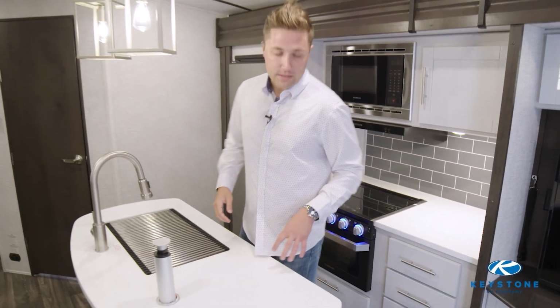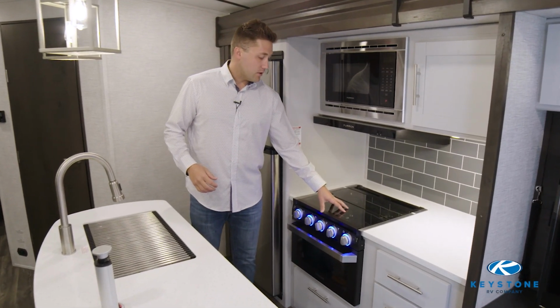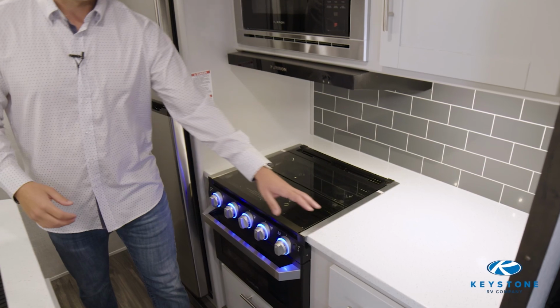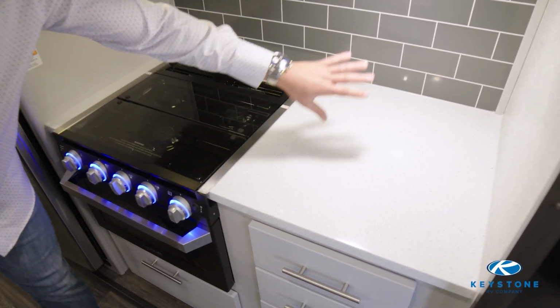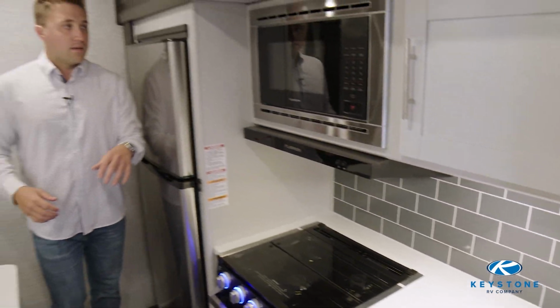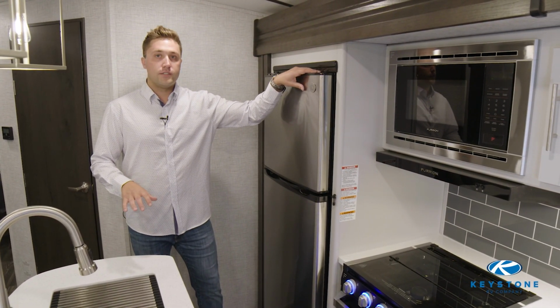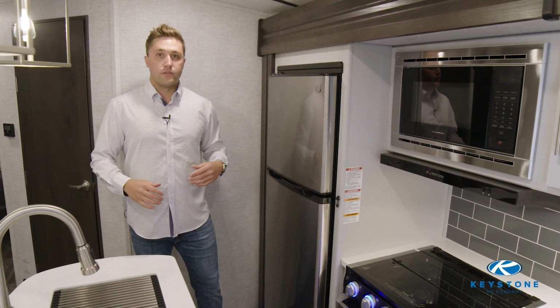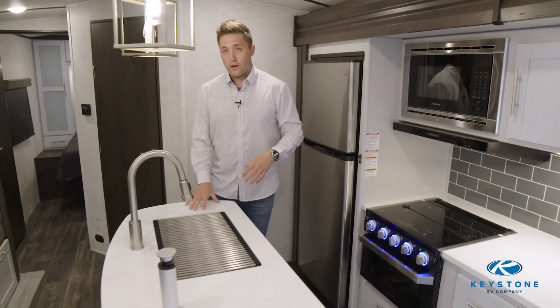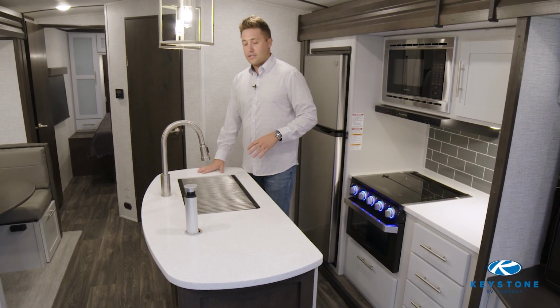Coming into the kitchen, you're going to see some of our stainless steel appliances by Furrion, a 3-burner stove with backlit knobs, solid surface countertops, and a gray subway-style backsplash. This year we have the option for a 12-volt, 10 cubic foot fridge to bring more along for those family trips. Our kitchen island is going to feature that solid surface countertop that's going to be easier to clean